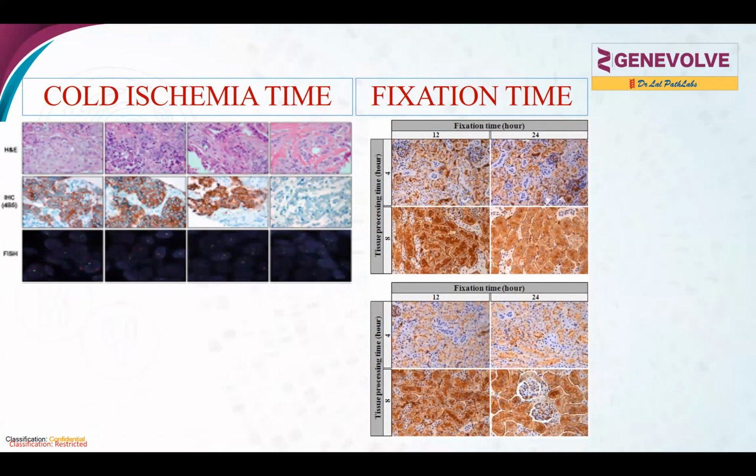the positivity wanes once the cold ischemia time is more, once we've taken a longer time to move the tissue from normal saline into the formalin. Then we might actually lose those epitopes. We might lose those proteins which can be the targets. The same with fixation time, if you're looking at 12 hours fixation and 24 hours fixation. So an optimal fixation is important. You cannot overly fixate, not more than 24 to 36 hours is what we usually recommend. I just have a couple of cases from which I want to make you understand the terminology